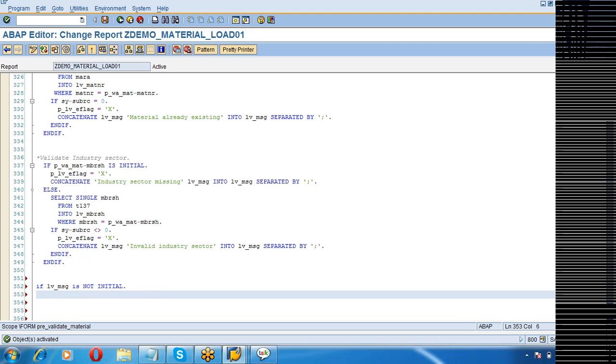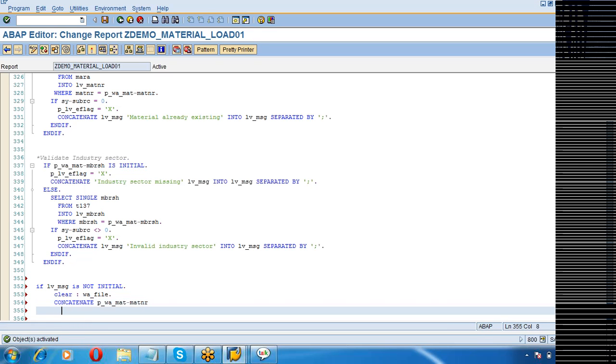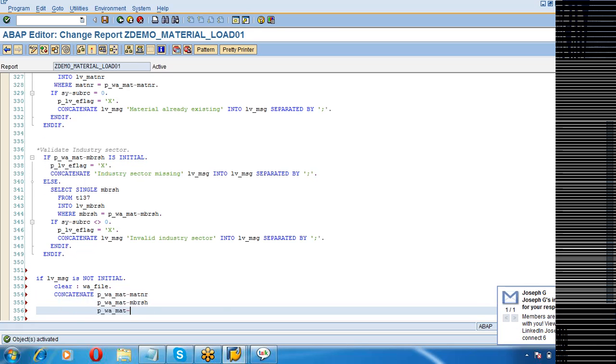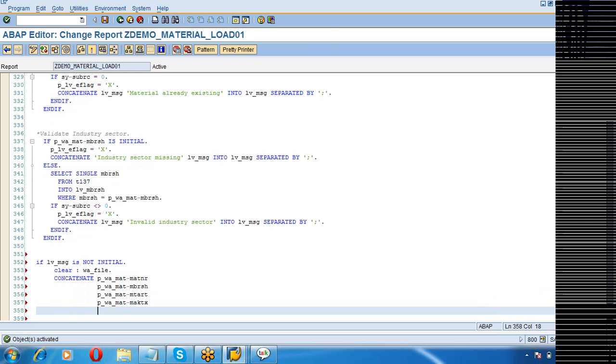If error is there, I will say here WA_file concatenate P_W_mat-MATNR. So our file is a comma separated file, right? First field MBRSH, second field MTART, third field MAKTX, fourth field MEINS, fifth field.